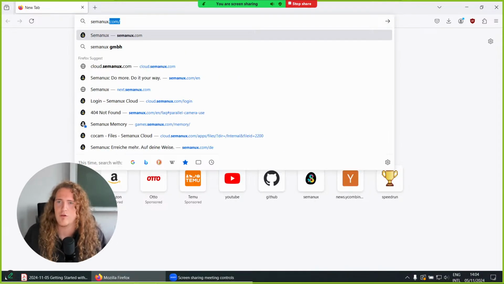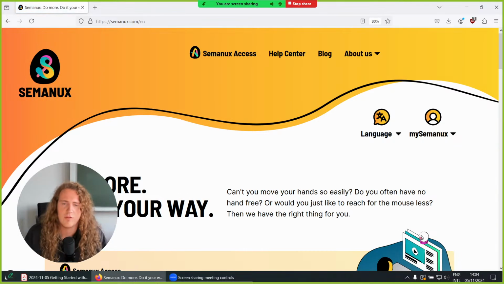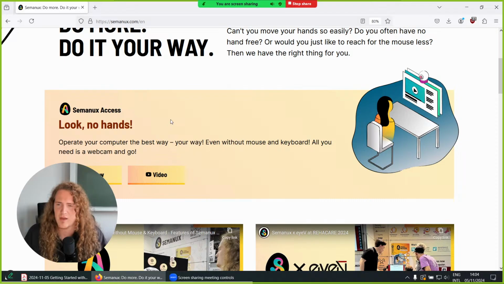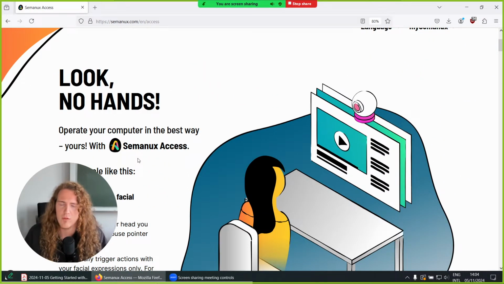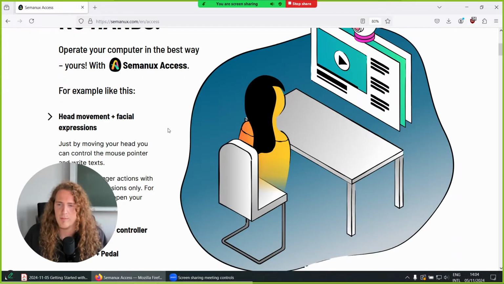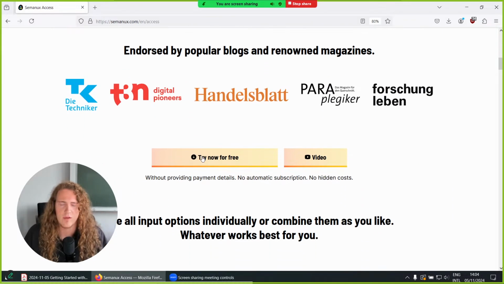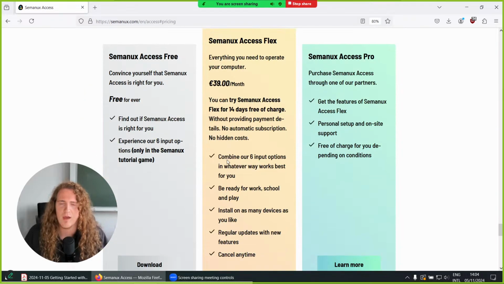Okay, so first off, if we want to start using Semanux, we go to our website, semanux.com. And then here we see Semanux Access. This is what our seminar is about, and like you probably know, this is to be able to use your computer without mouse and keyboard. And now we want to use it, so we click on the Try Now for Free button, and you will